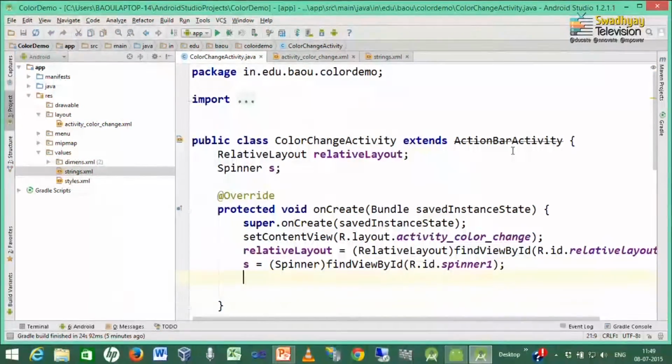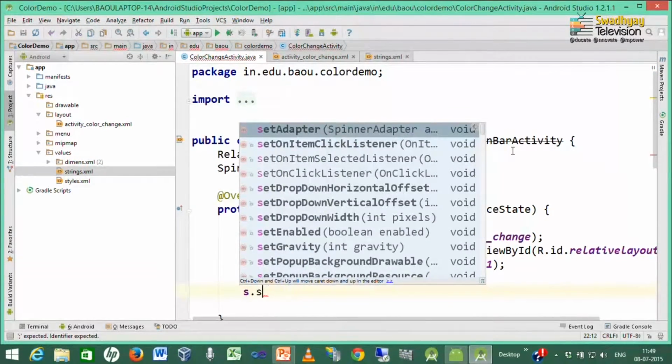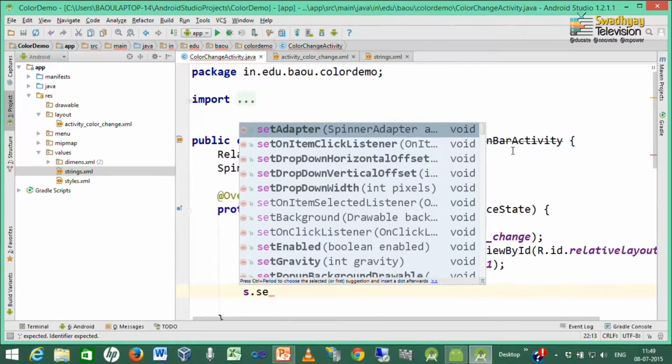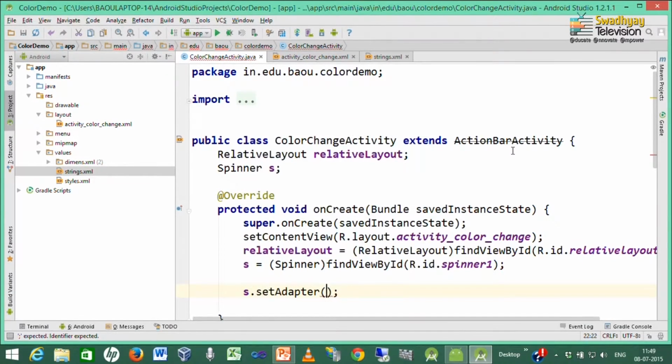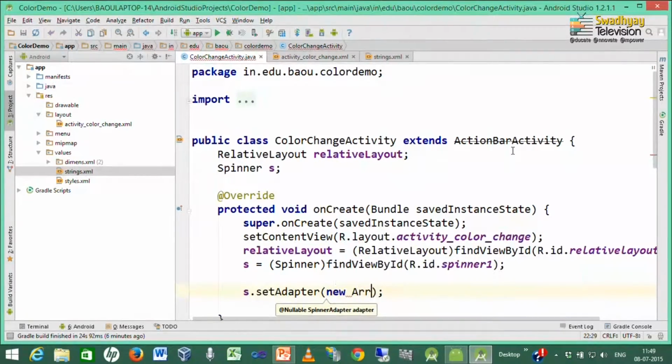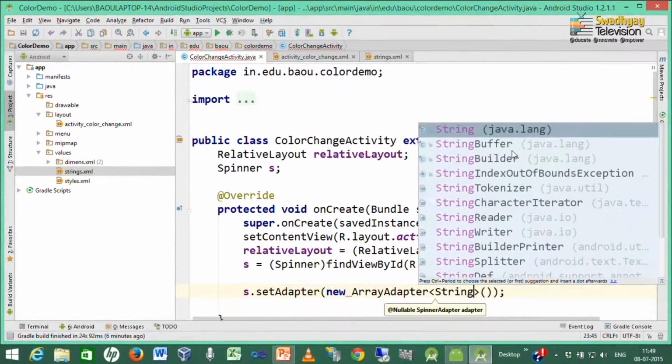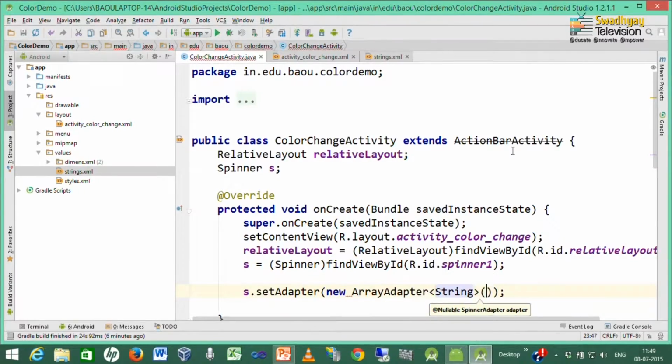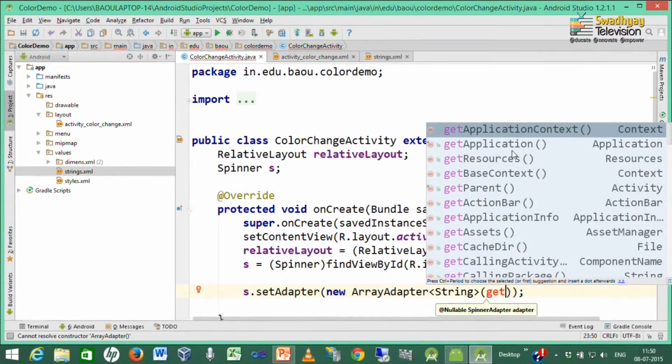Next, we want to fill this spinner with the color array. So, here I write s.setAdapter. The setAdapter method is used to fill spinner data. So, I write setAdapter, and inside this I create an instance of a new ArrayAdapter, and I want to fill strings inside this. Now, this ArrayAdapter instance takes 3 arguments.